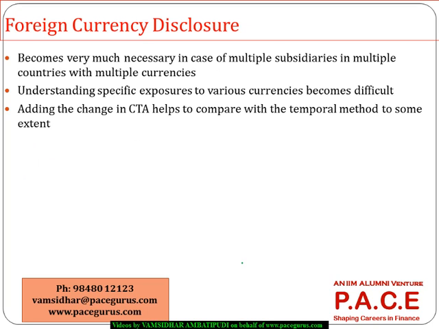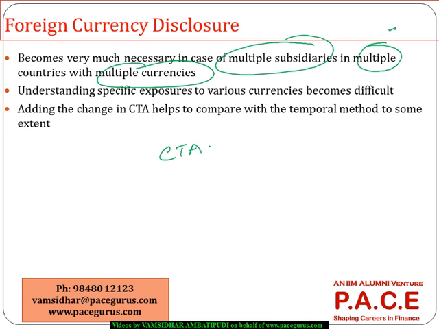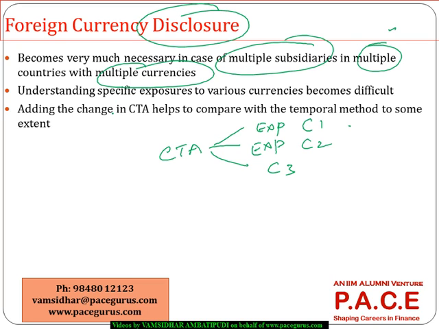So one thing that needs to be understood is the disclosures, especially for a firm which is having multiple subsidiaries in multiple countries with multiple currencies. It becomes very difficult to find out what the CTA is, and even if I know the CTA, it will be one single value. I don't know the breakups, which means I don't know the exposures to each of the currencies. What is the exposure to currency 1, currency 2, currency 3, which of them are positive, which of them are negative. All these things become very difficult,